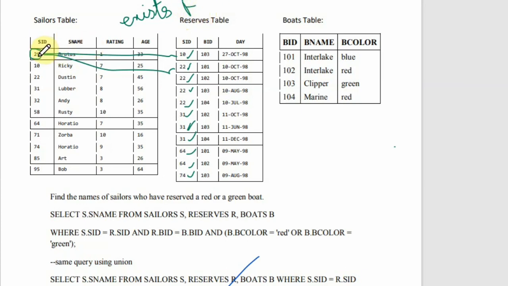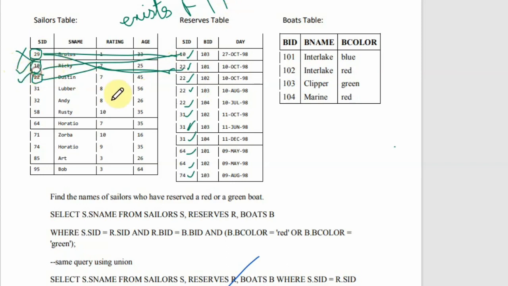Now coming to the second SID, which is 10. Again it is matched with each and every SID value in the reserves table. So 10 is a match. It won't check the rest of the SIDs because the first match itself is a match, so it returns a true for 10. This 10 will be there in the output. Next it is checking for 22. There are so many 22s here, but on the first match itself it will stop the execution and return a true. So 22 will be there in the output. In a similar way, it will go to the next entry in the sailors.